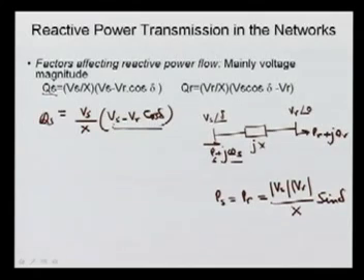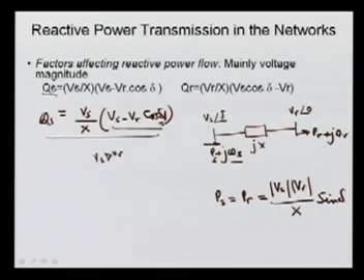So if Vr is more, it will be supplying the reactive power. If we ignore this very small variation, we can say if Vs is more than Vr, then it will be positive. What does it mean? It shows that the reactive power flows from higher voltage to lower voltage. Especially it is true only in the case of an EHV transmission line, when this is very small. So it shows that it will be flowing here.